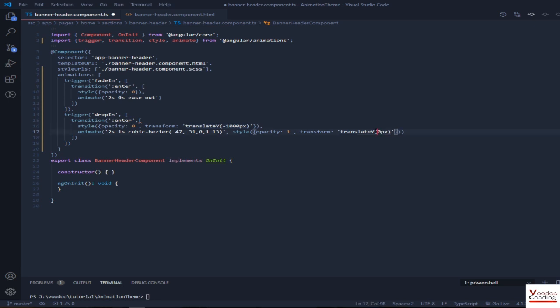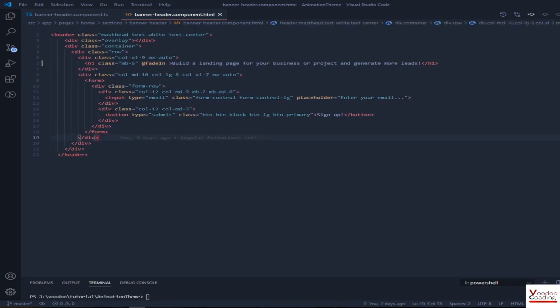That's it, and we are done. The last thing that I need to do here is copy this name or remember it and place it over this div, under the form. You can also add it to a form if you want, or you can add it to a parent div. Yeah, that one is correct because it holds all the form.